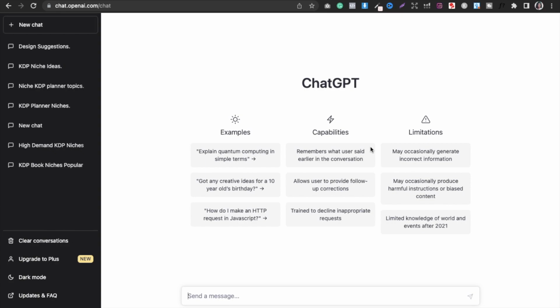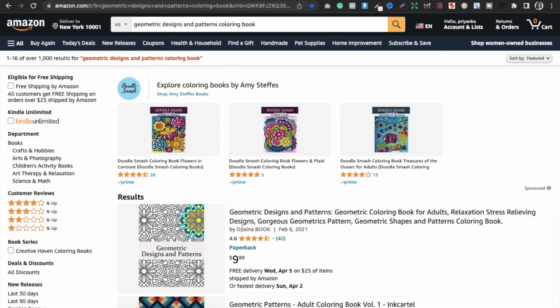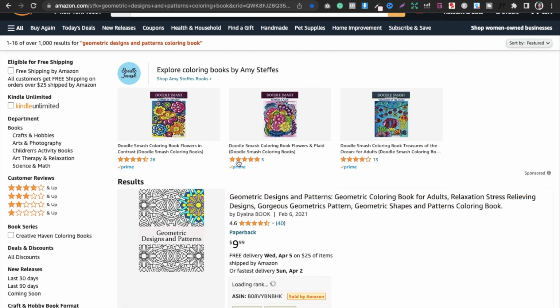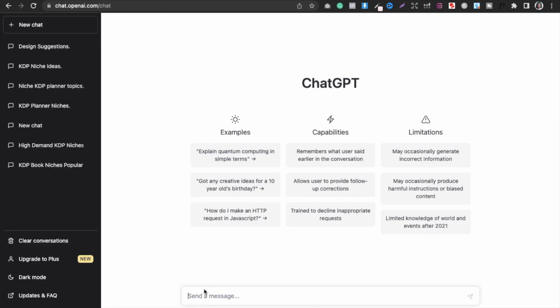So, I have logged into ChatGPT here, as you can see, and what we want is profitable keywords for a particular niche, right? So how I do the process is what I'm explaining to you. I go into Amazon and look for a particular niche I want to make books of. For example, here I'm taking an example of geometric coloring book. So what I will do is I will simply go ahead and type